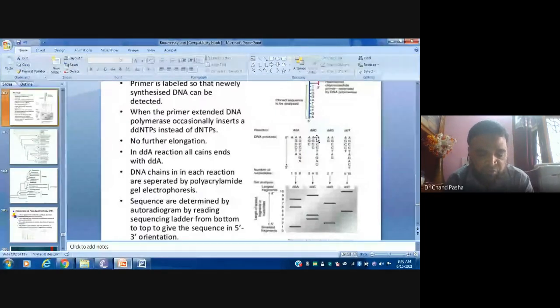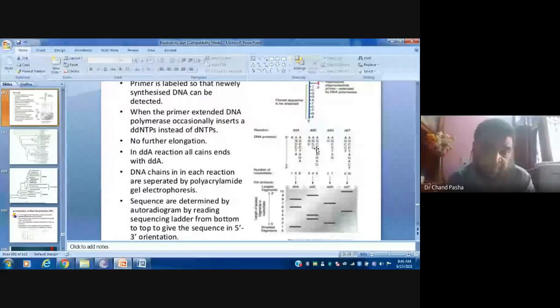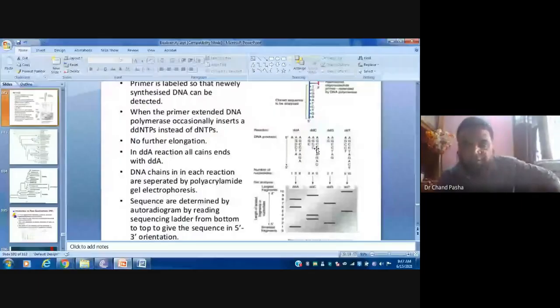the same story applies here also. Normal cytosine is going to be 80%, and dideoxy cytosine is going to be 20%. When you are using 80% normal, it stalls over here and you will get a small fragment. If the normal is incorporated in the second case, it may be stalled in the third case. So here you can see at the third position, and another one at the end, around the 9th position.